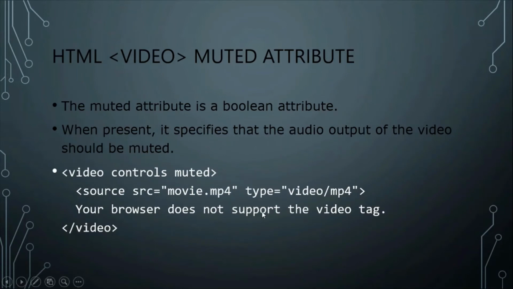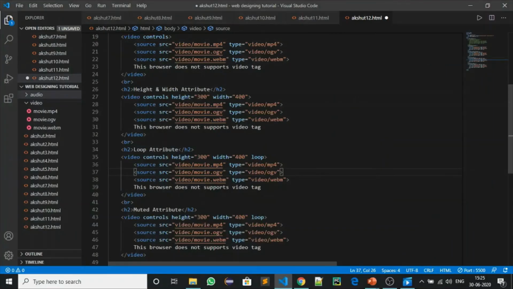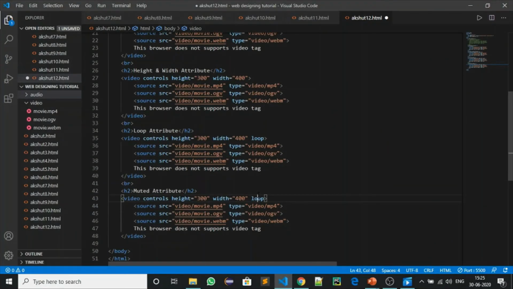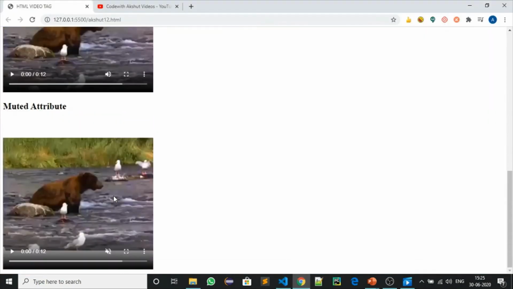Okay. Now let me again go on the present VS Code. I have done it. Now let me change it. I will do it muted. Okay, I will save it. I will first change the width and height also. Here I think it is showing some white space. I know why, because it is a square and the video is a rectangle.